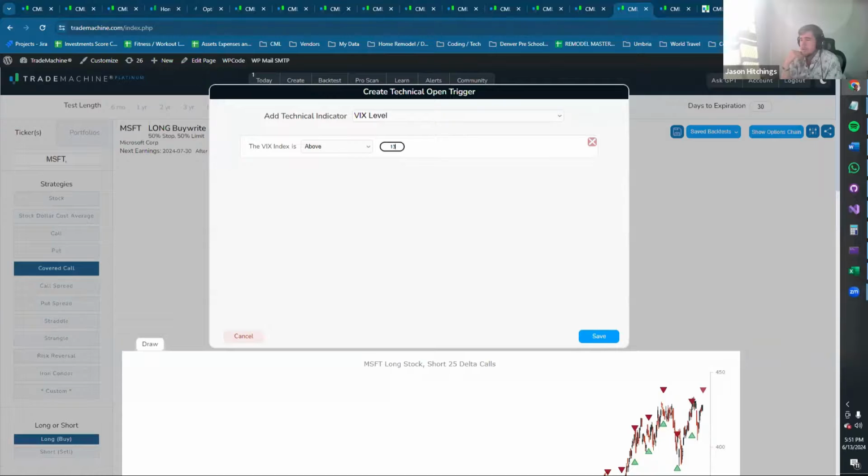If your broker gives expected moves or you just use straddle prices, how can you use this information with the TM strategies? Yeah, so the straddle price, if you look at the call and the put together, that's giving you an estimate of how much it's going to move. That's what implied volatility is doing as well. So if you want to trade implied volatility, like trade when it's low or trade when it's high, then that IV index would be the way to do it. The implied volatility of the 30-day options is what determines the call and the put prices.